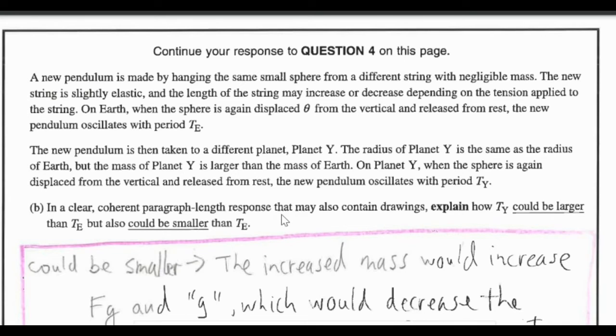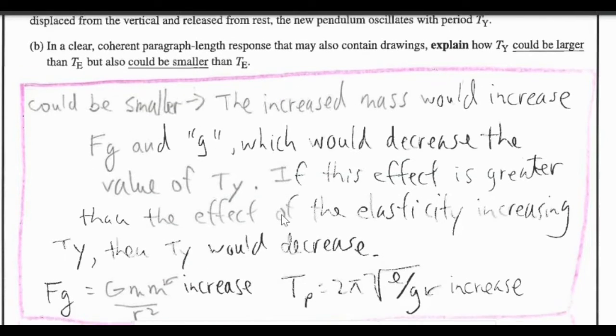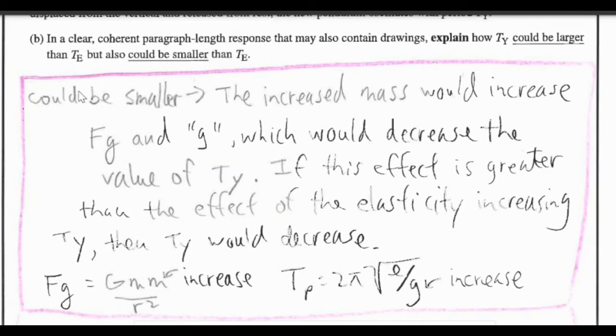Now, I'm not quite sure if I articulated this exactly the way that AP would have liked, but I broke it up into the could-be-smaller section, and this is the way I did it. The increased mass would increase the Fg and g. So I made a little note over here if this mass increased. Which would decrease the value of Ty because it basically gets more force. And then if this effect is greater than the effect of the elasticity increasing the Ty, the period, then Ty